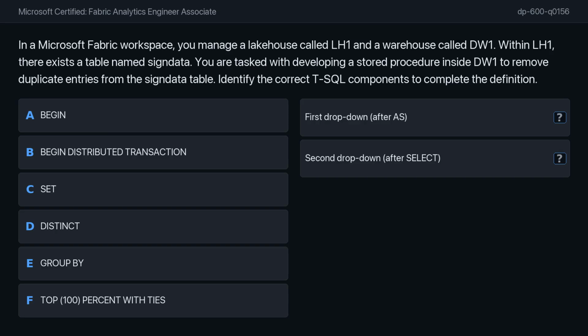At its core, this question tests your understanding of T-SQL stored procedure structure and data manipulation. You need to identify the specific keywords that correctly initialize a procedural block and enable the selection of unique rows from a source dataset to facilitate deduplication. I believe the correct answer for the first blank is option A, begin, and for the second blank is option